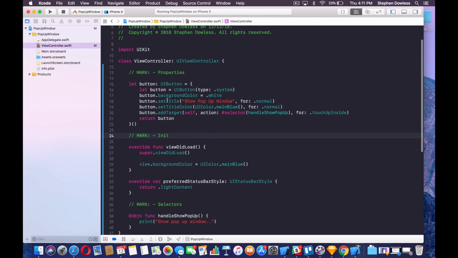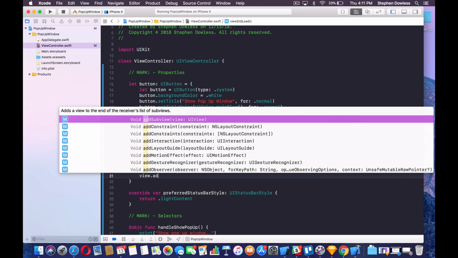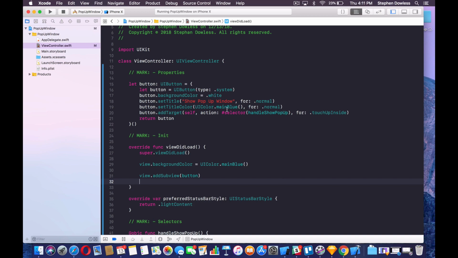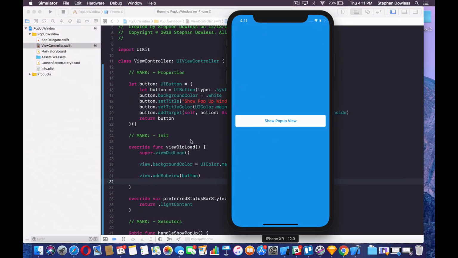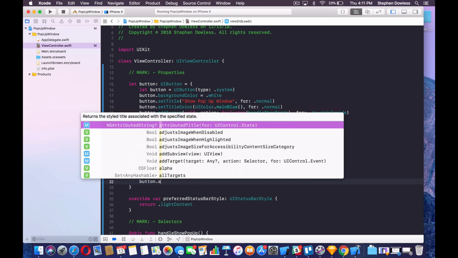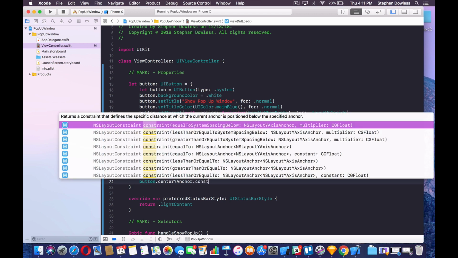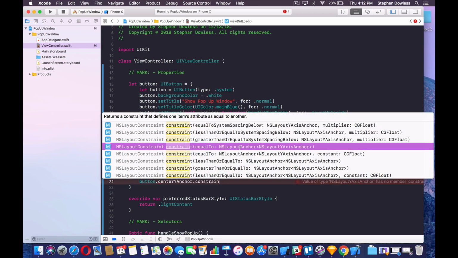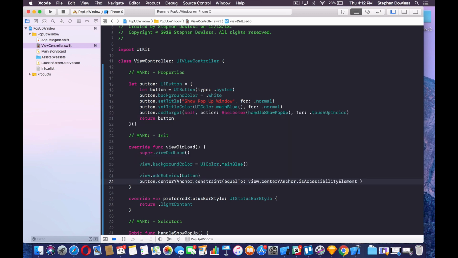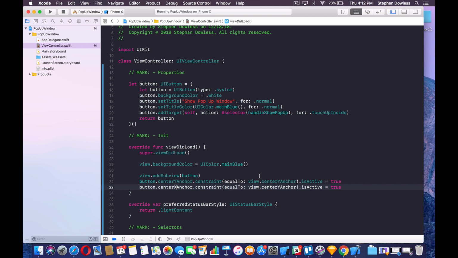Okay, now let's add this button to our view. So we're going to say view.addSubview(button). Then we're just going to center it in our view. As you can see, that's what's happening here. A couple more things we need to do after we do that though, so bear with me. button.centerYAnchor.constraint, and select this option here, equalTo NSLayoutAnchor. We're going to say view.centerYAnchor. Then we go outside the parentheses, say .isActive = true. And just go ahead and copy and paste this, and we're just going to change that Y to an X. That's going to center it